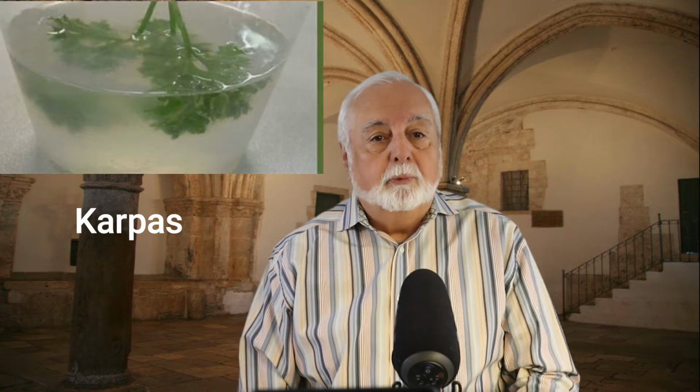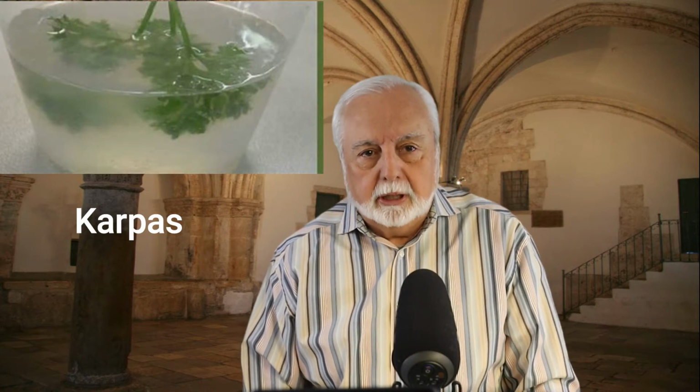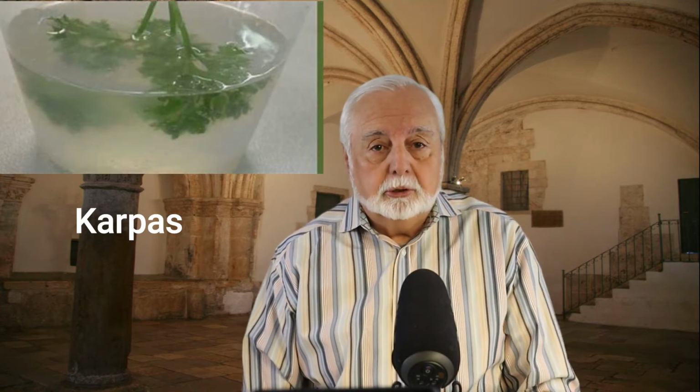This is followed by the Karpas, in which the participants dip a vegetable, representing the hopefulness of spring, usually parsley, from the seder plate into salt water. This represents the tears of slavery, and they eat it. Now, this is the dish that Judas dipped his green vegetable into at the same time as Jesus.